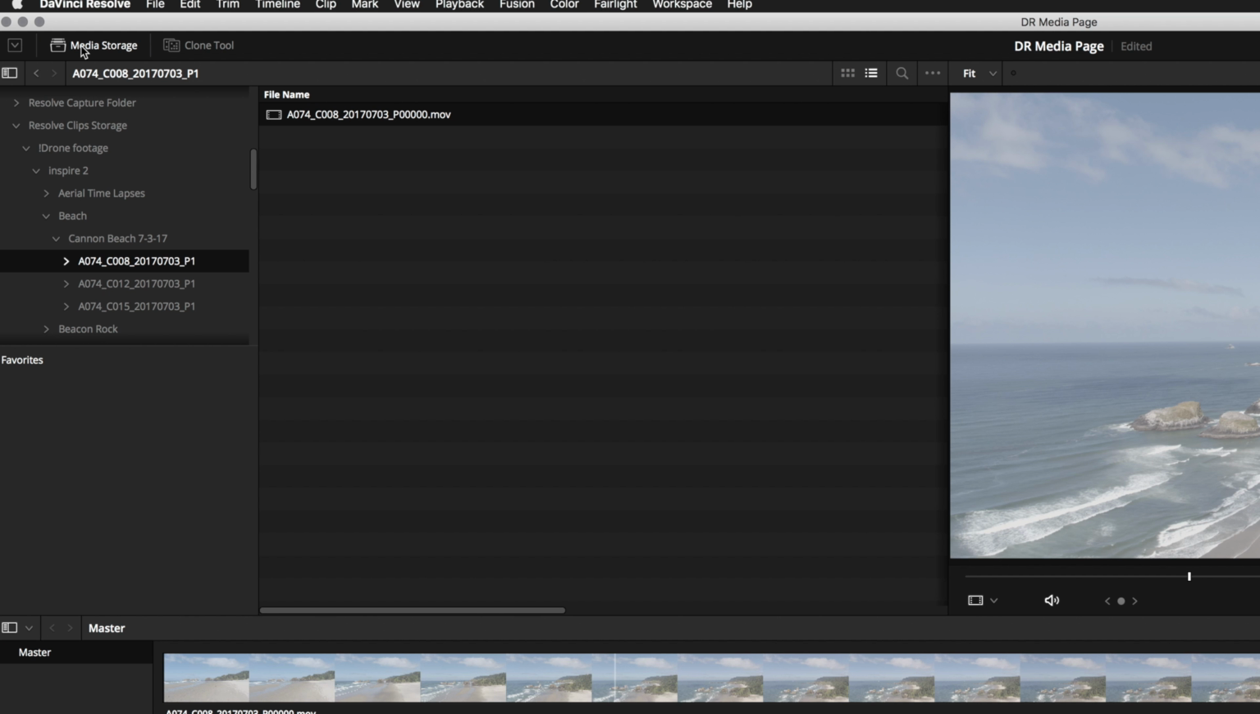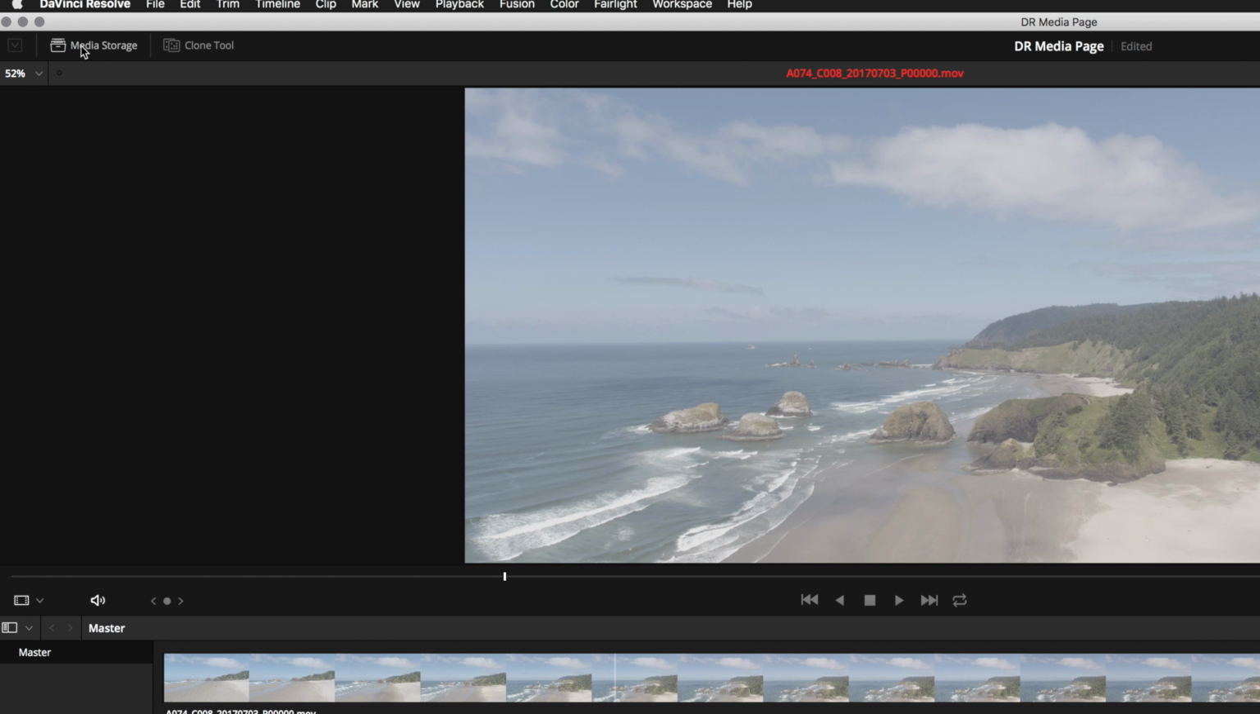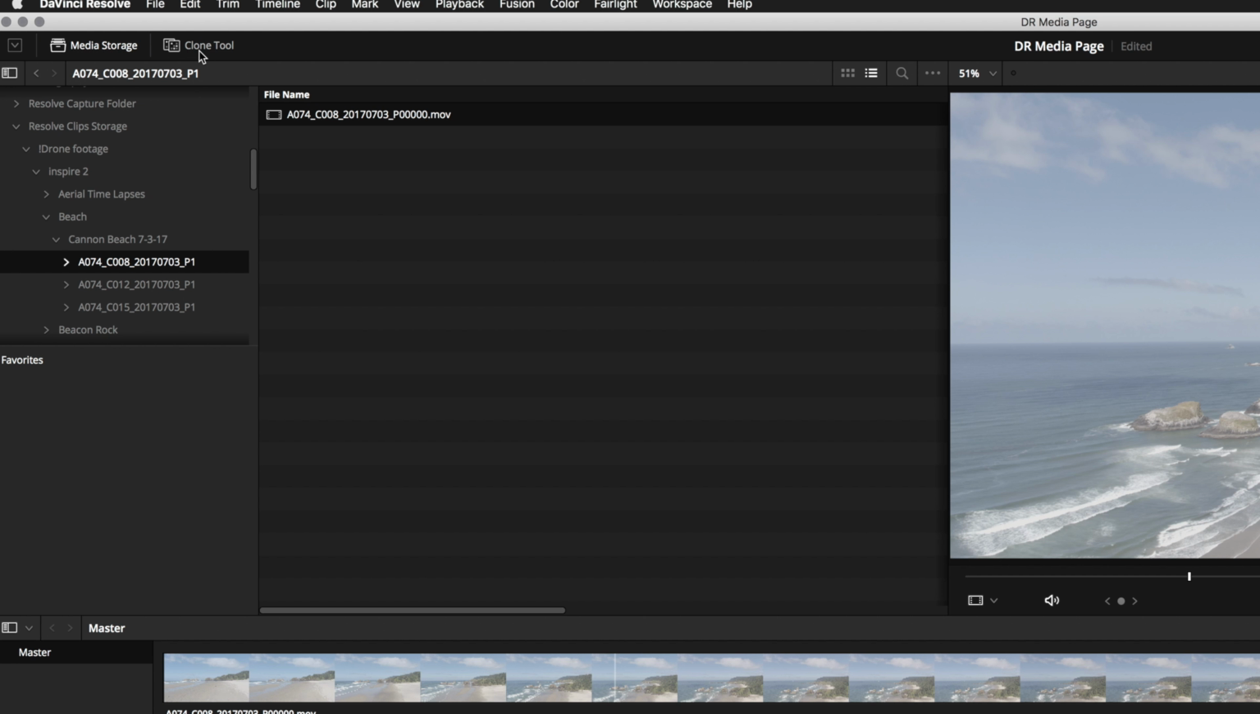I can turn on or off media storage so that I can see the clip more readily. And we're not going to talk about the clone tool today. Perhaps I'll do that in a future one. Now,